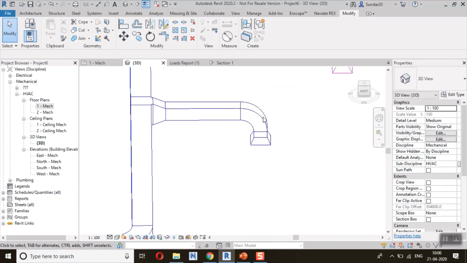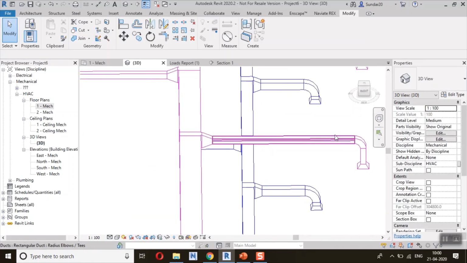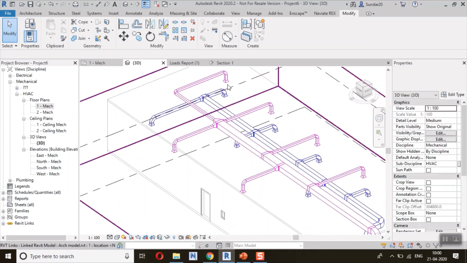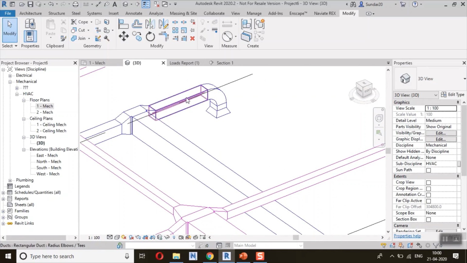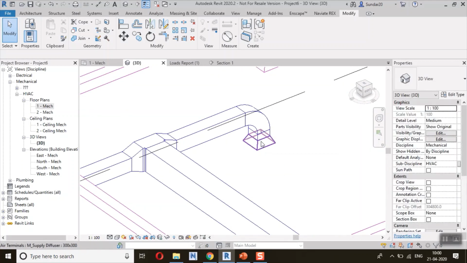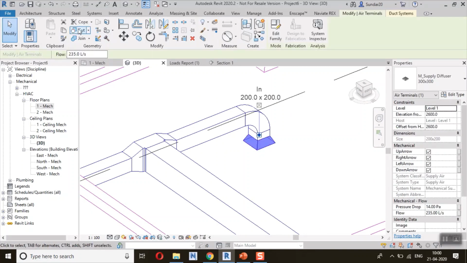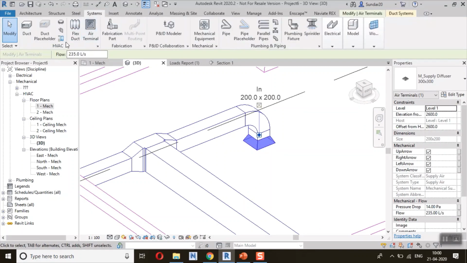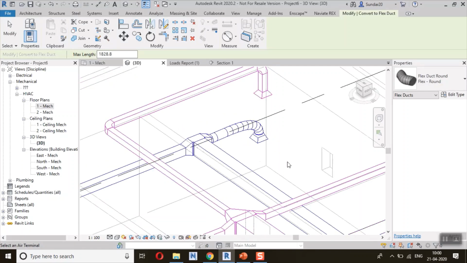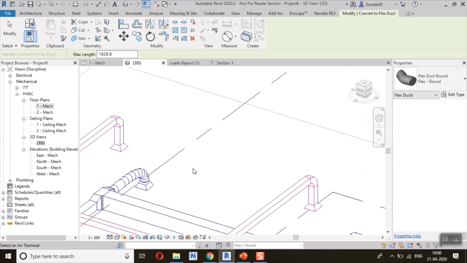Okay, fine. In case I don't want this rectangular duct, in this area I want to provide some flex duct. I think you know about that flex duct, right? In the shorter area, sometimes it shows some error. This is a shorter area, I want to provide a flex duct. Okay, so do one thing. Select your diffuser. In the system tab, in the HVAC panel, we have a convert to flex duct option. Just select that and select your diffuser. It's automatically converted to a flex duct. See? For the shorter area, use this method.